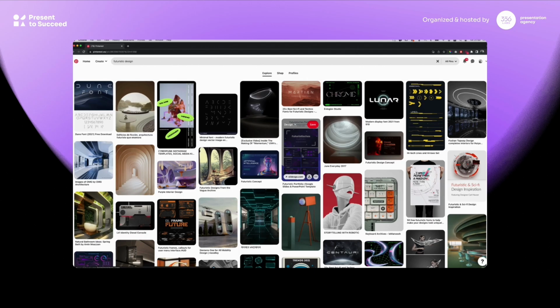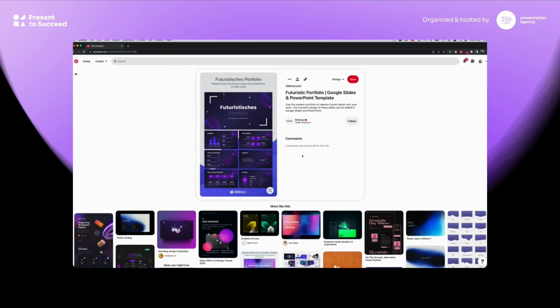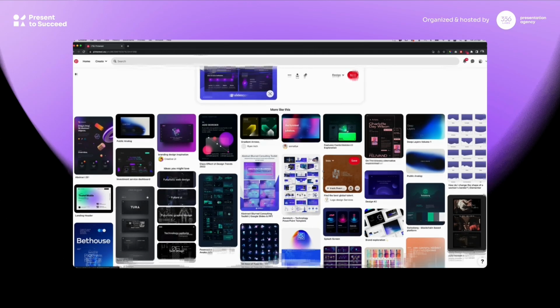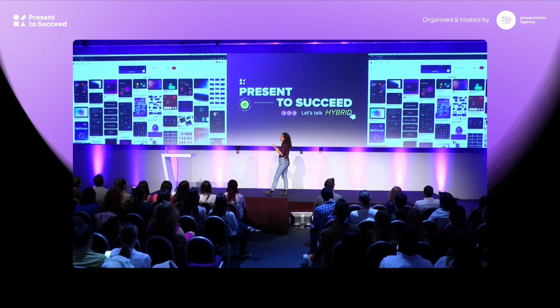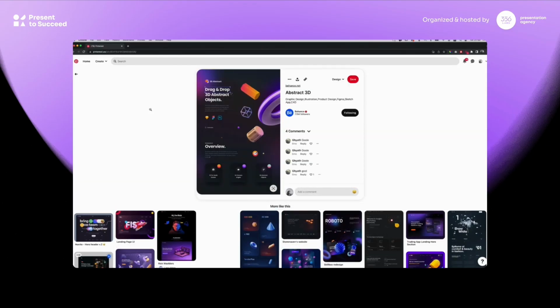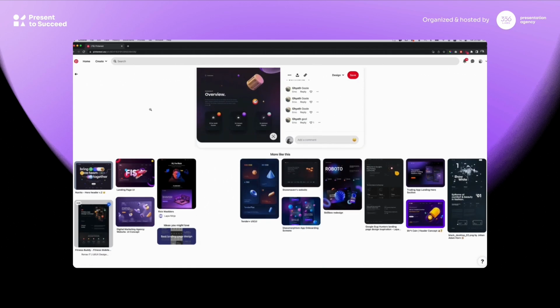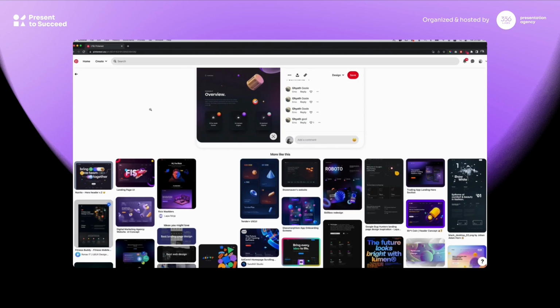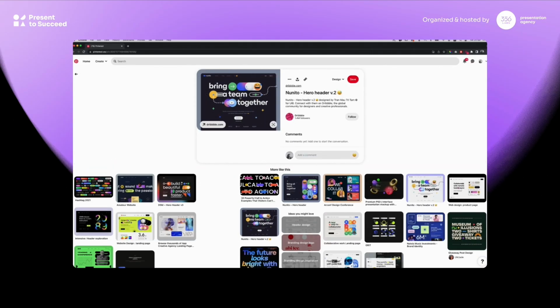It looks like a presentation, and it says futuristic, right? So you can see that below it, Pinterest automatically selects very similar images, very similar style. So if you keep clicking, you can enter an almost infinite loop of searching for references. You can get stuck there for like days, in my case.